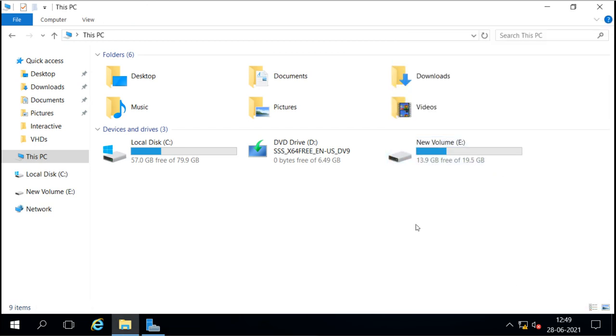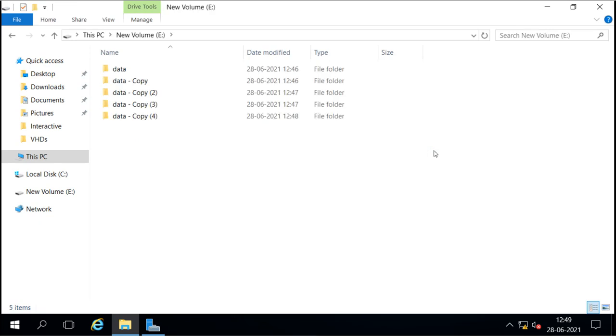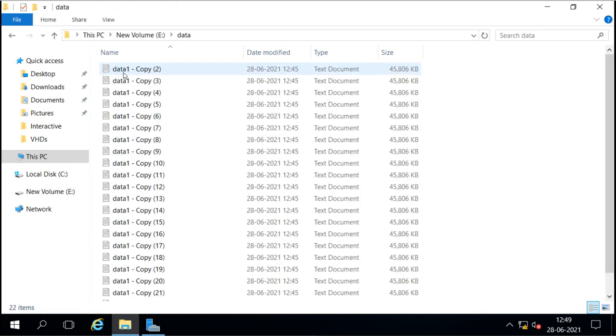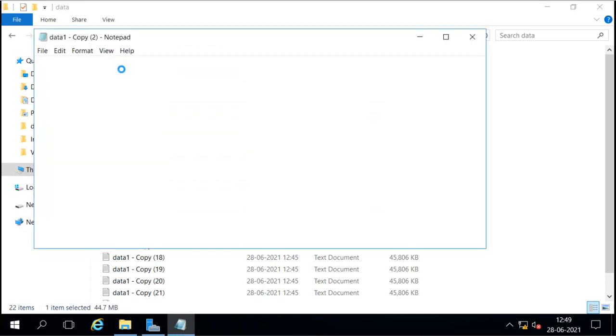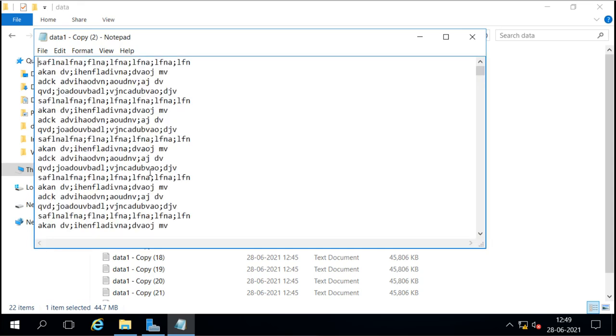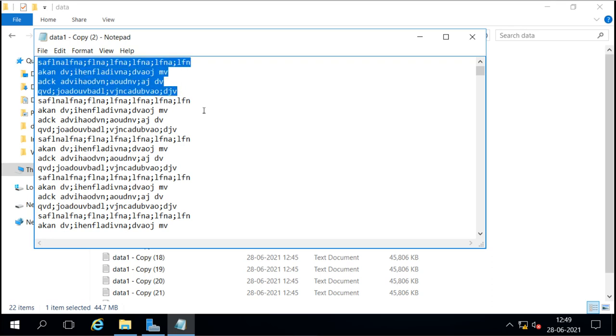Now how much data do we have? If you see, these directories are the same. These directories have identical data, and in the directory we have these files. Now all these files also have identical data. Inside the file also we have identical data. If you see inside the file, only these 4 lines are different, then all this data is a copy of these 4 lines.